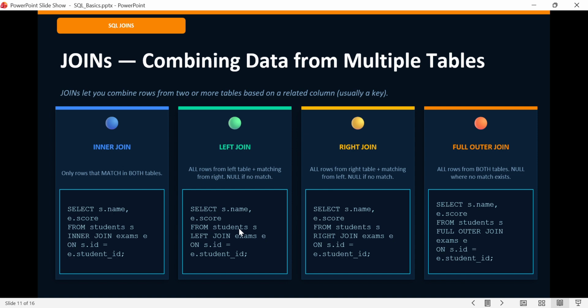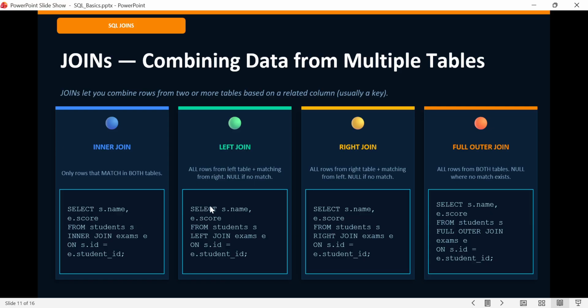LEFT JOIN returns all rows from the left table plus any matching rows from the right table. If there is no match on the right, the columns from the right table are filled with null. So if a student has not taken any exam yet, they still appear in the result, but their score column will be null.